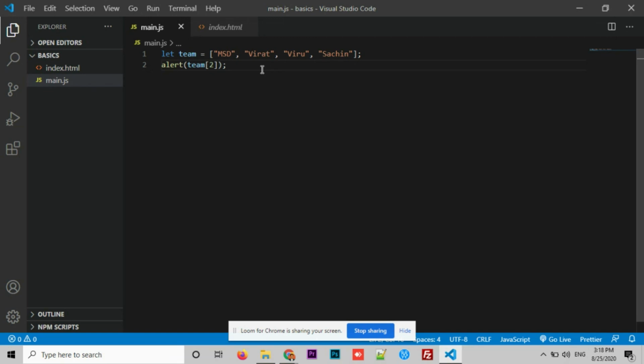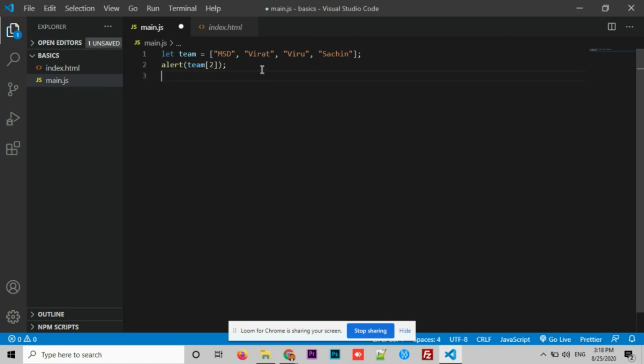Now, what if I want to add one more element to the existing array? We have methods for that. By making use of the existing methods which are there in JavaScript, we can even add elements, we can remove the elements, all these things. Let me show you one by one.